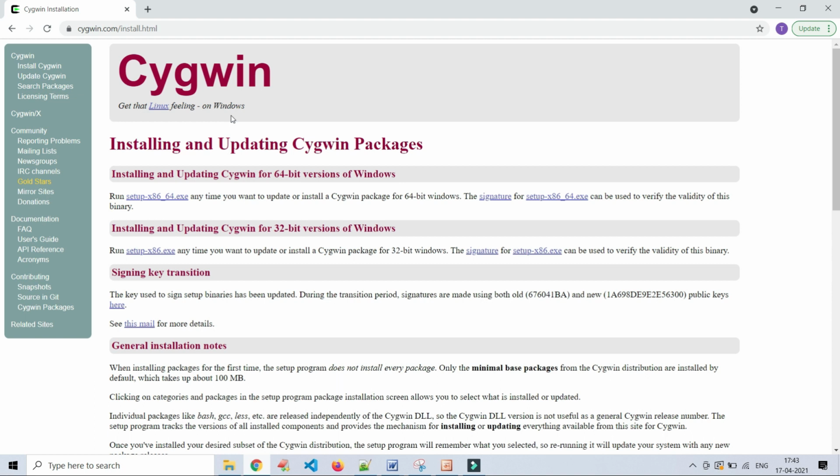Cygwin is very easy to use, and one more thing, it is the advantage among all the options that we have discussed so far. Once we install Cygwin on our laptop or desktop, irrespective of the network connection, we can connect to Cygwin and work on commands and scripts. No need of an internet connection for that.